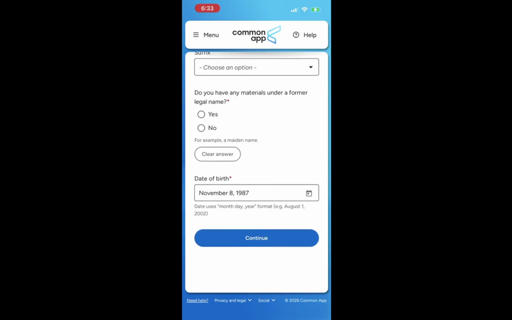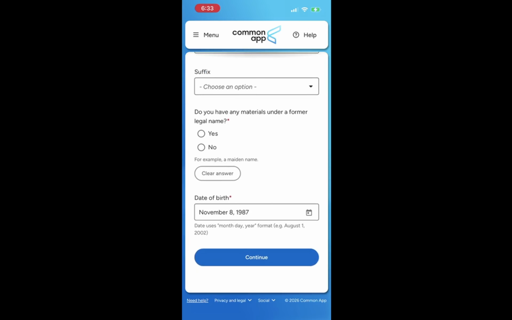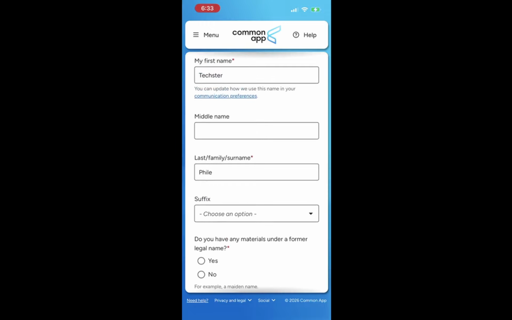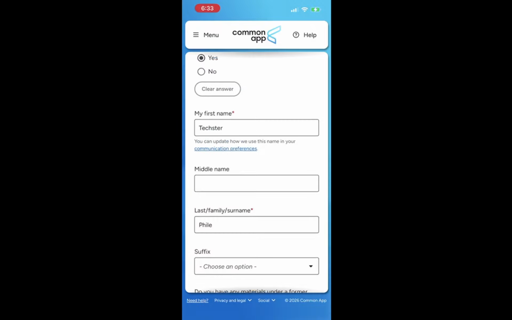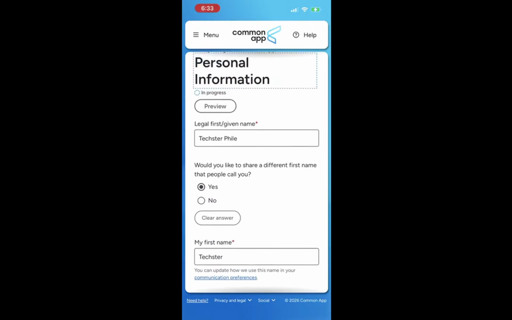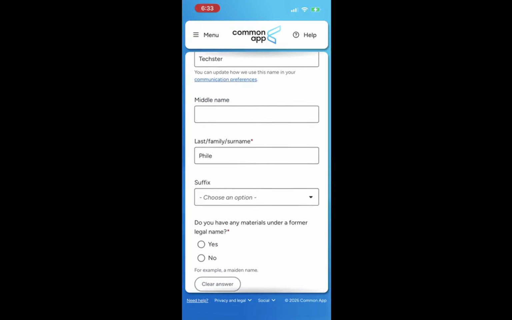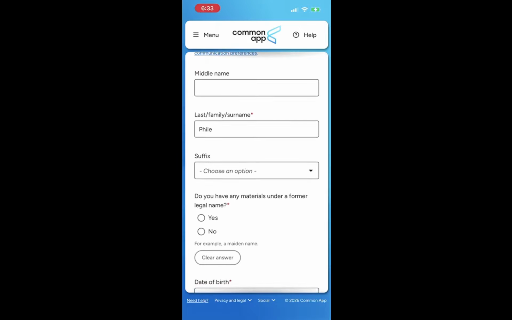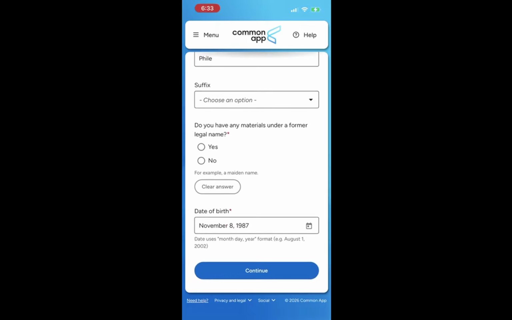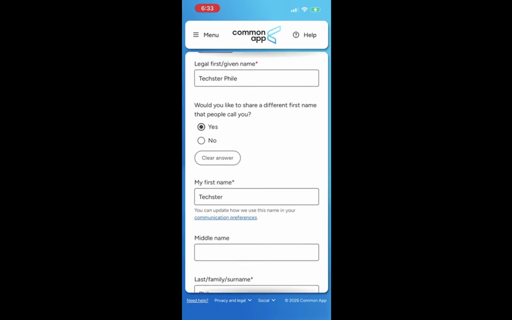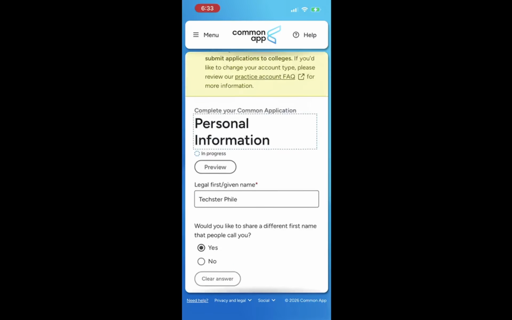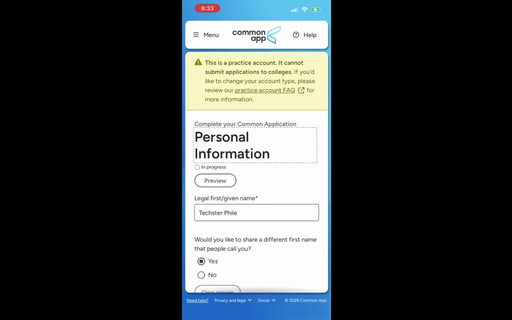Next, go to the Profile section. This area contains vital personal information that colleges will review. You will see options for different categories like personal information and contact details. Navigating to this section allows you to access the specific details you want to change. It's a straightforward process that ensures your application reflects your most current information. Finding your way here is essential for making the updates you need.